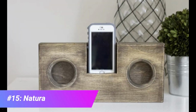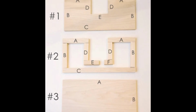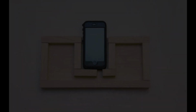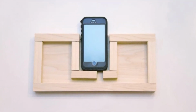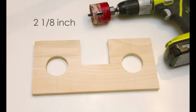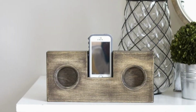Natural sound amplifiers are actually easy to build, tailor-made for your phone. In this assembly, there are 3 stacks of wood: the front plank number 1, the middle blocks number 2, and the back plank number 3. Measure your phone and make sure it fits just right in the middle blocks. Then super glue them with the back plank. Bore some holes onto the front plank and super glue it to the middle blocks. Clamp them all together, and when the super glue sets, you now have amplifiers that look like it costs several